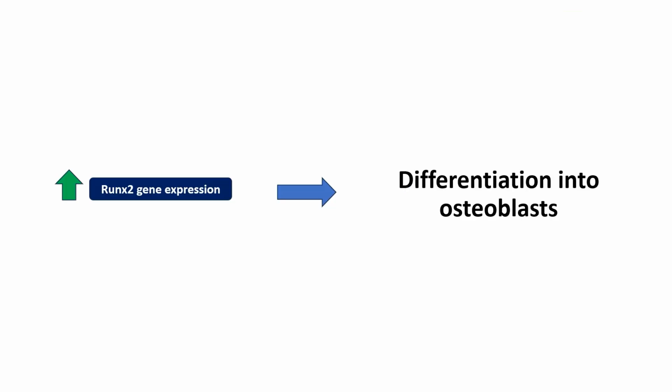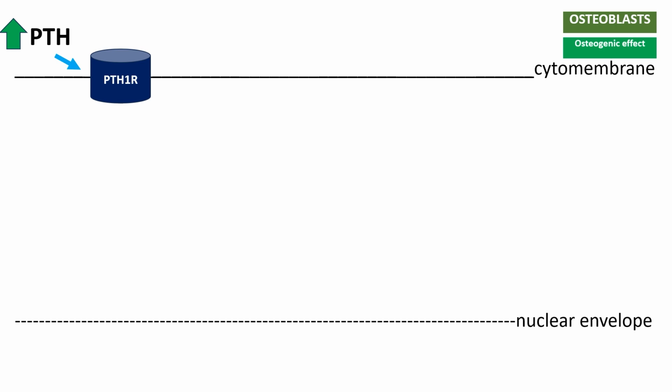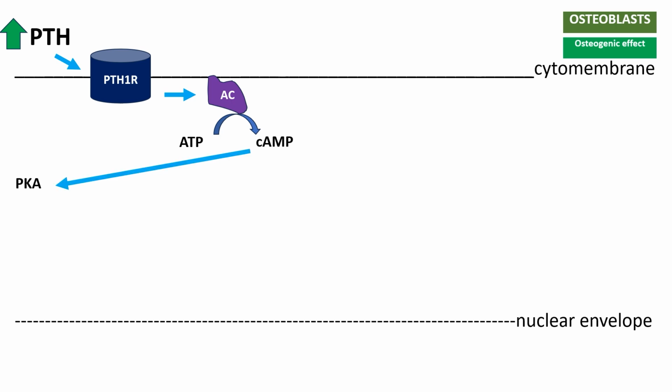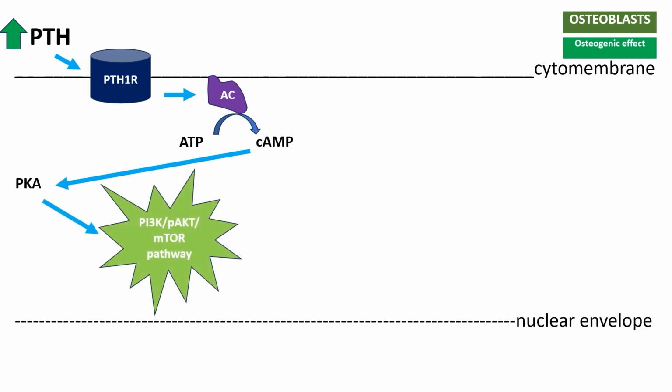PTH also binds to PTH1 receptors on osteoblasts, which are Gs alpha subunit G protein coupled receptors. Binding of the PTH ligand dissociates Gs alpha subunit, allowing it to bind to adenylyl cyclase, which converts ATP into cyclic AMP, which in turn activates cyclic AMP-dependent protein kinases, or protein kinase A. Protein kinase A phosphorylates a number of proteins, which initiate a cascade of intracellular processes, including activation of PI3K-AKT